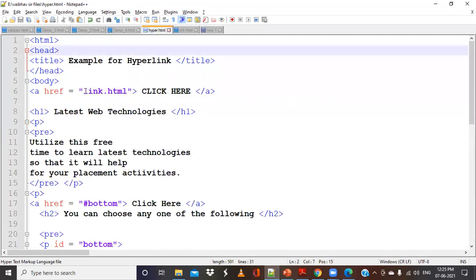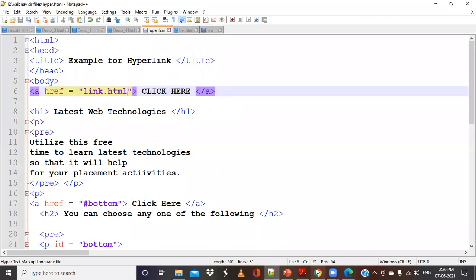When I run this program, I will get a link, and a link always appears in a different color and is underlined if you are using text. Whatever text I have given will act like a link. And the moment I click on this, what is the destination I have given? I have given the destination as link.html.